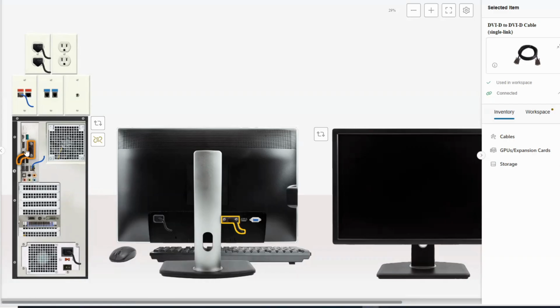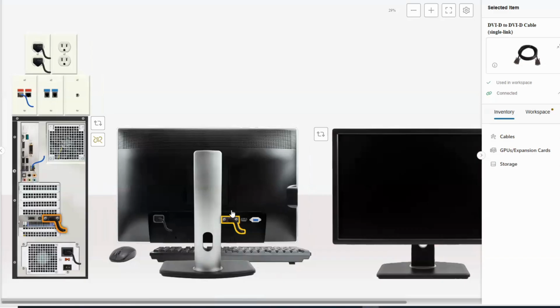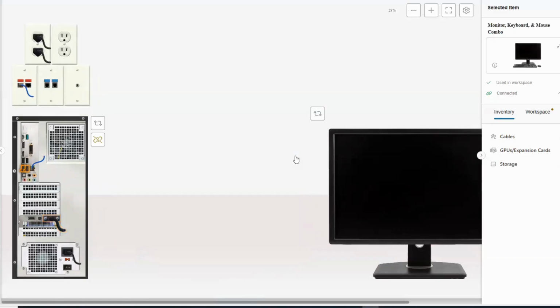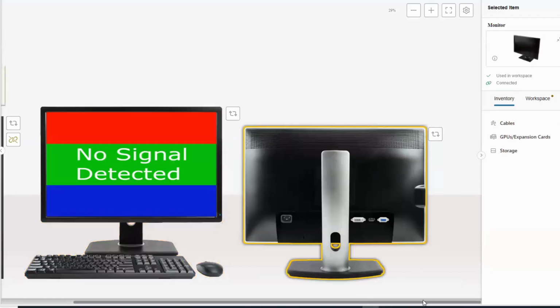It should be right here. So that is something that we have to move down here first. And then that way we know we have already connected the original monitor correctly. Second, we have to move to the second monitor, and then we have to turn it back, and then we have